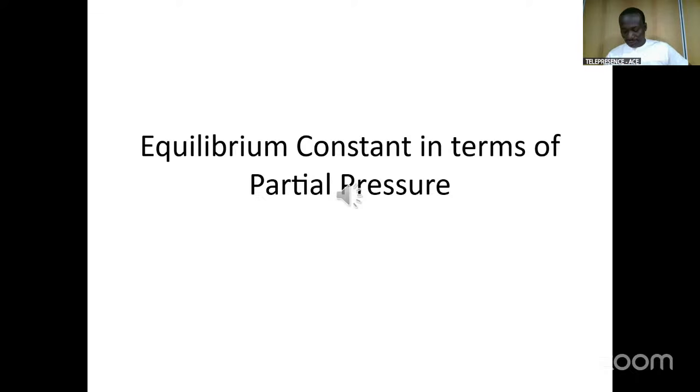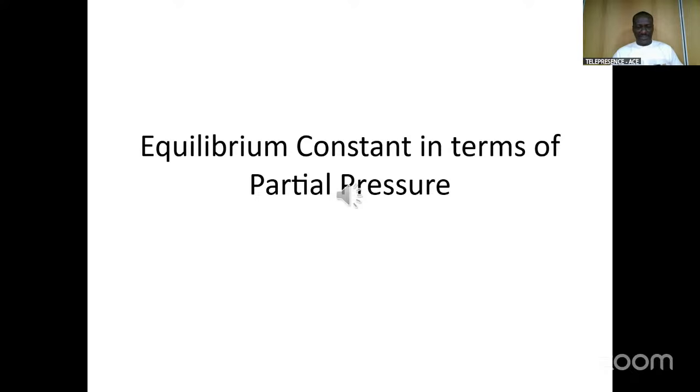So in our last lecture, we looked at how to determine the equilibrium constants if we are able to get the equilibrium concentrations of all the species involved at equilibrium. We've also looked at the characteristics of the equilibrium constant, vis-a-vis the relation between the equilibrium constants and the stoichiometry of the reaction. Okay, so today we're looking at equilibrium processes involving